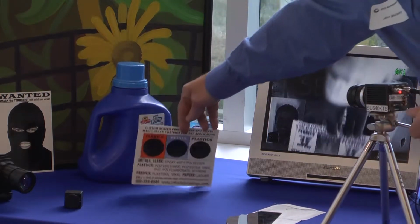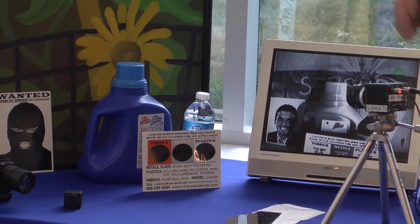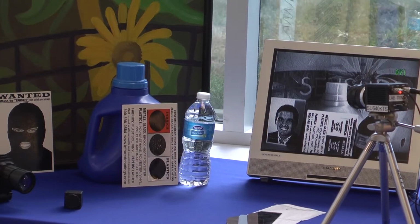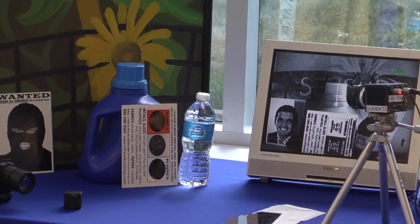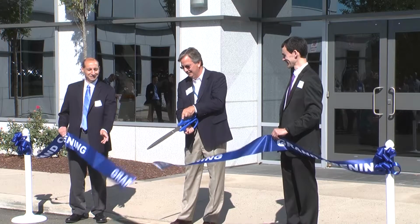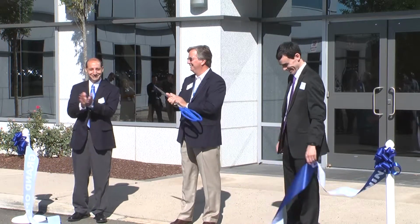Silicon, plastics, and even smoke are transparent in the shortwave IR band from about 1 to 1.7 microns. This allows SWIR cameras to detect defects in silicon blocks used in solar panel manufacturing or to pick out hidden targets on the battlefield. The new 9,000 square foot plant features a suite of clean rooms for producing the indium